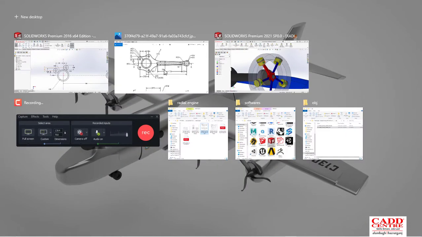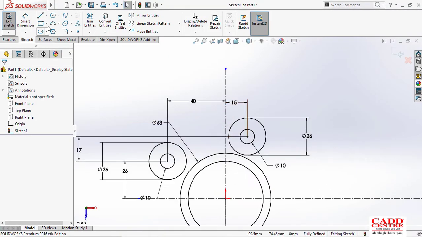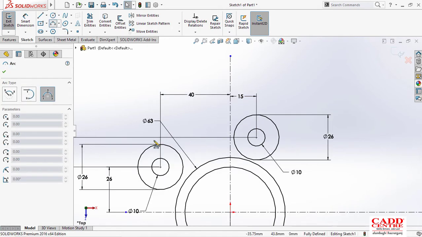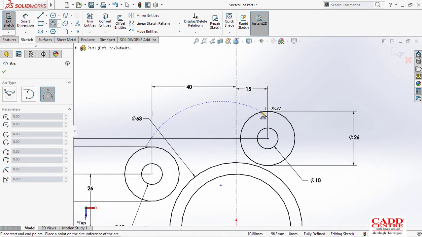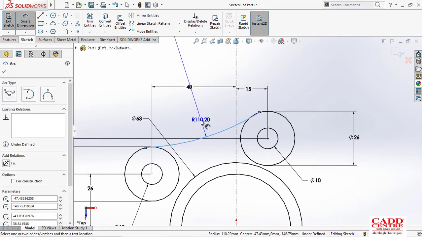After that we have to connect these two circles with one arc, and that arc has a radius of 72, as you can see, and that arc would be tangent to this one and this one. After getting these two, I'll mirror them with respect to this line. I'll get the downside of that figure. So I'll first make one arc which originates from this, ends at this, and maybe approximately from that, and its radius is about 72.